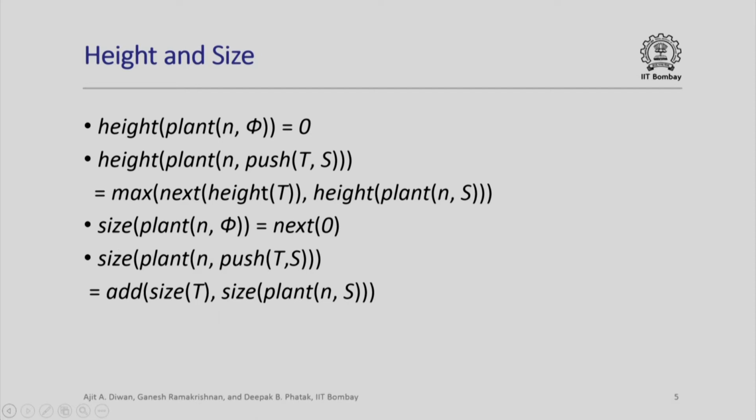Otherwise, the sequence contains some tree T which has been pushed into a sequence S. Then we look at the height of T. T is a rooted tree. We find 1 plus the height of the tree and take the height of the tree obtained by planting n with the remaining sequence of subtrees. So we take the first subtree T, its height, take 1 plus that and compare it with the height of the tree obtained by planting the remaining sequence at node n, and the maximum of these two gives the height